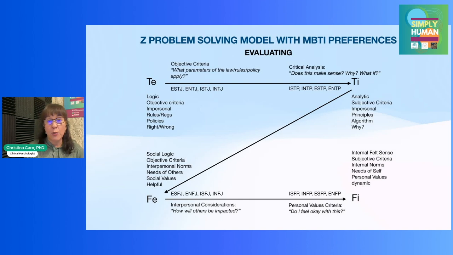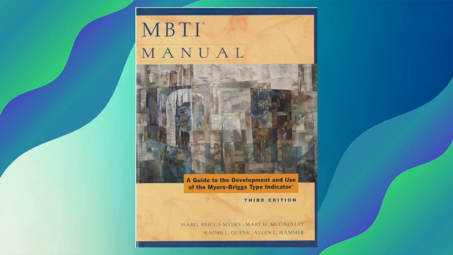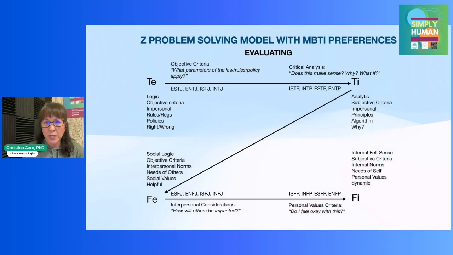Now, this handout will be available. The link will be in the show notes. So you can go to my website and download it, especially if you want to use it in a team. Now, I've included on this handout just quickie little reminders about what each of these functions are doing and what they're focused on. But if you've ever taken the Myers-Briggs type instrument, which is the instrument that was developed to try to help people identify which of these functions that Jung identified are your preferences, are your dominant and auxiliary